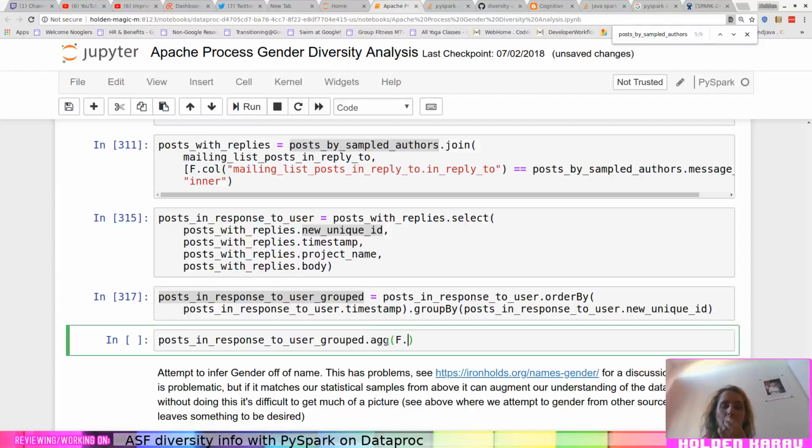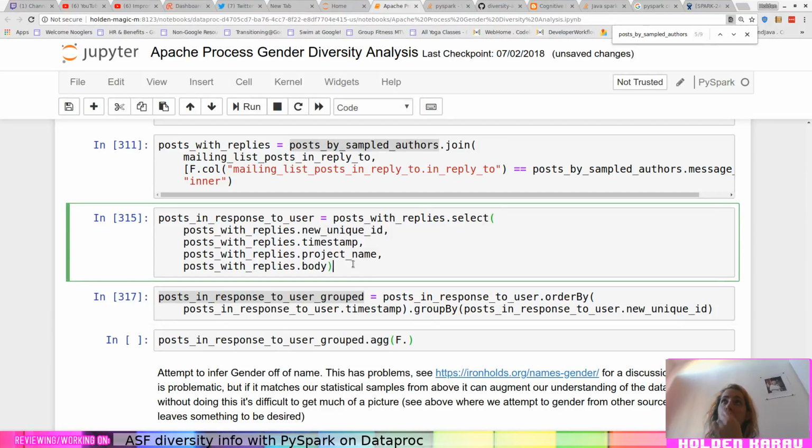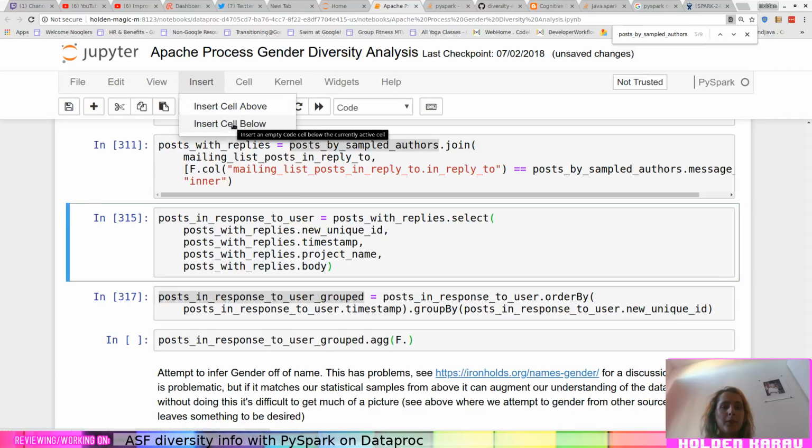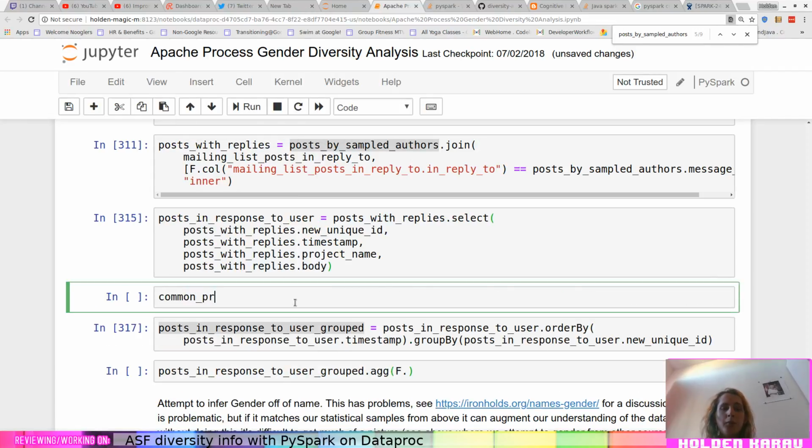Oh, actually, yeah. The other thing that I wanted to do here is filter them for things that contain pronouns. So let's go ahead, insert cell below, common pronouns equal to they, the, he, she, her, his, their.